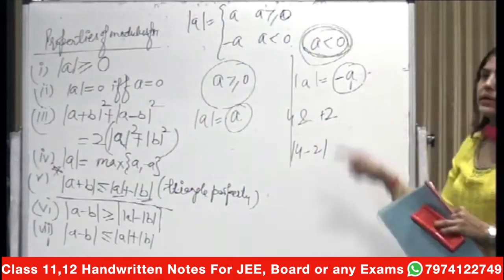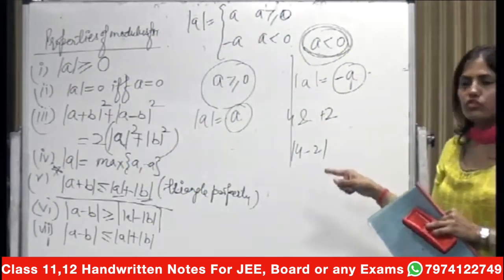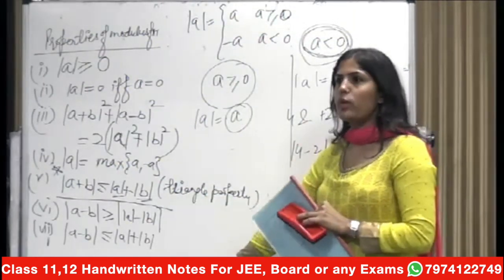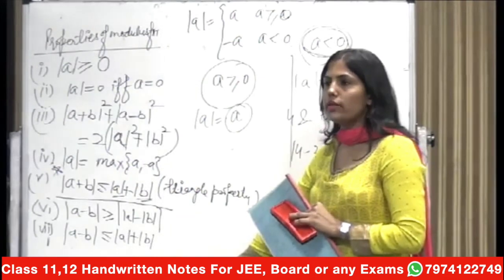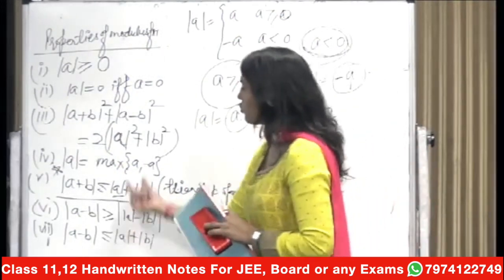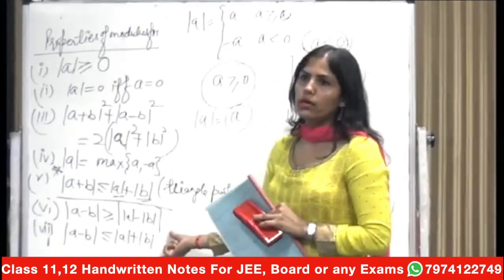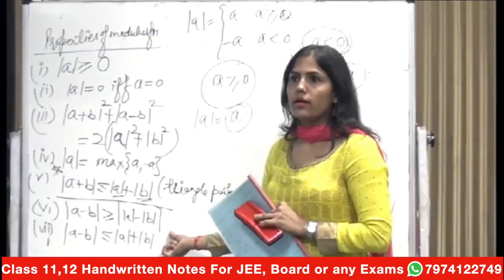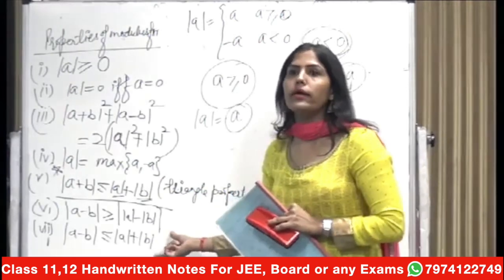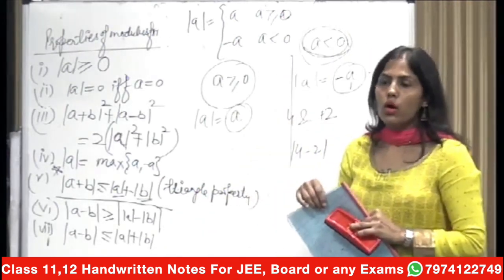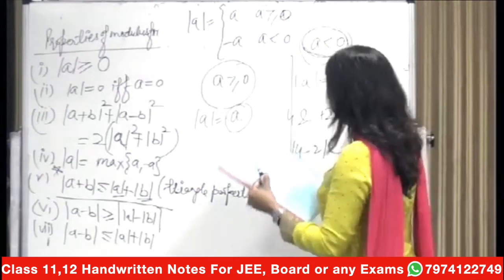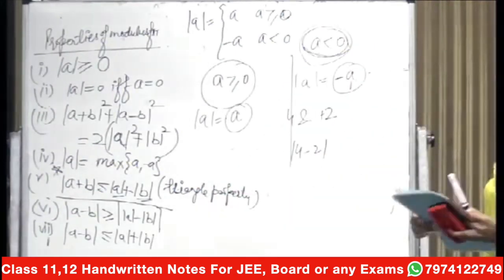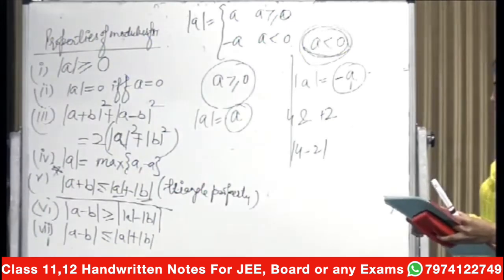All these properties will hold in general. In general means for all the real numbers. The properties I have written, these properties hold in general. It's not that there are cases where some of the properties will not hold. It will not happen. Is it okay? So all these properties hold in general. In general means for all real numbers.